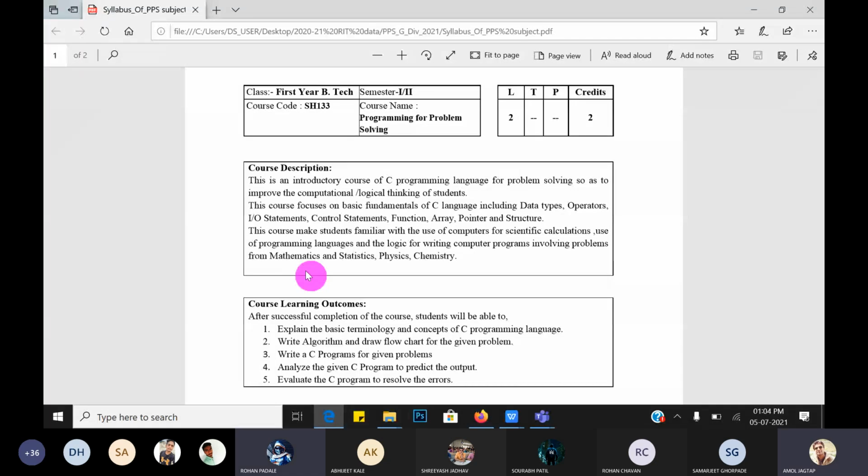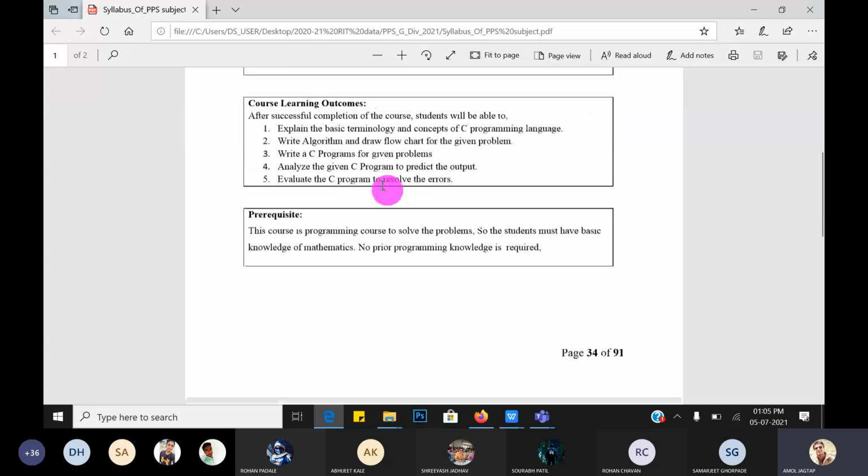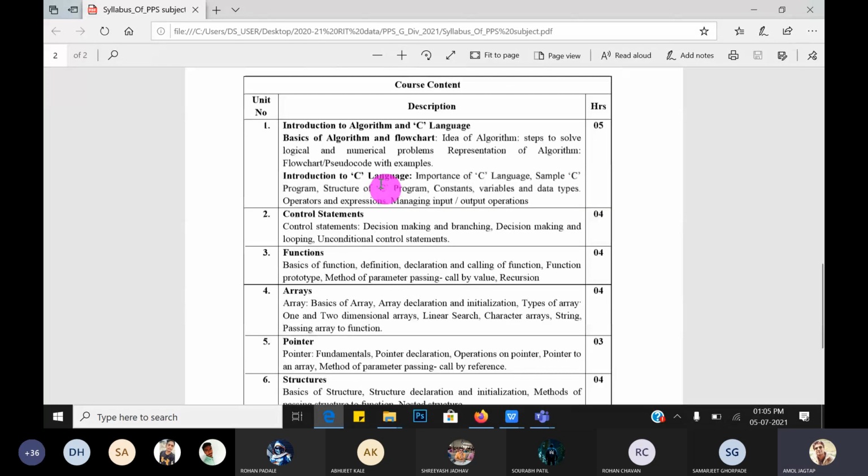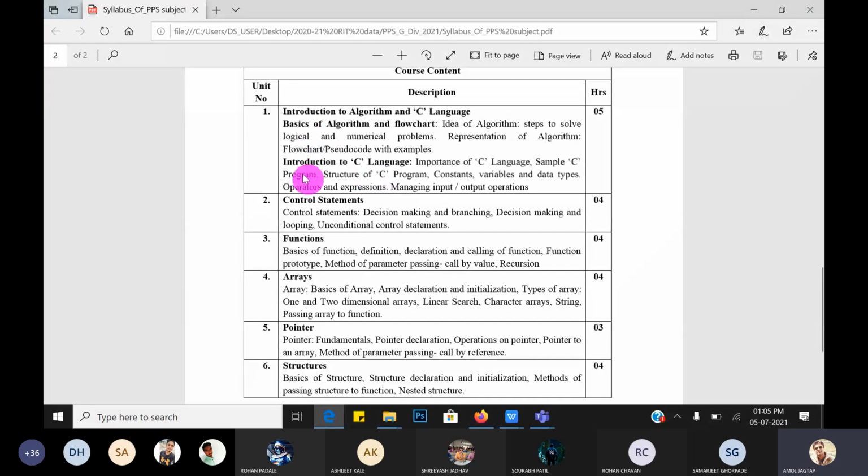Yes, sir. Okay, so this is our course name, Programming for Problem Solving, with 2 lectures in a week. The course contains the following 6 units.